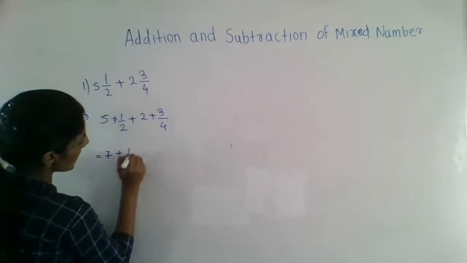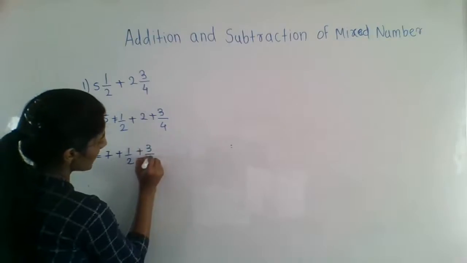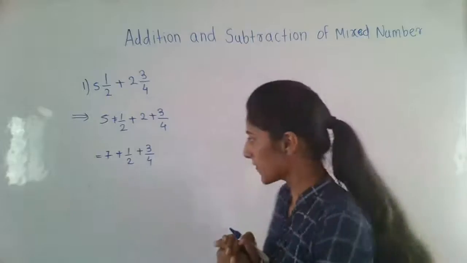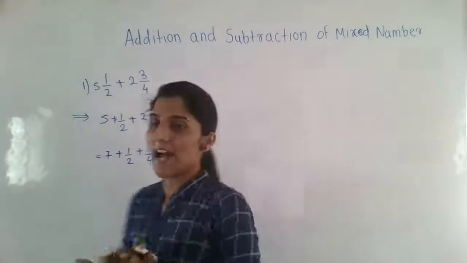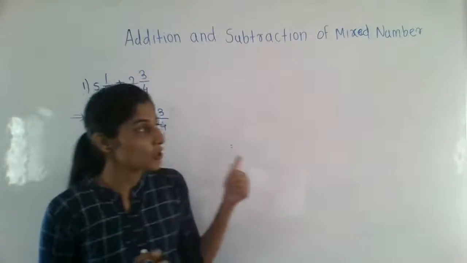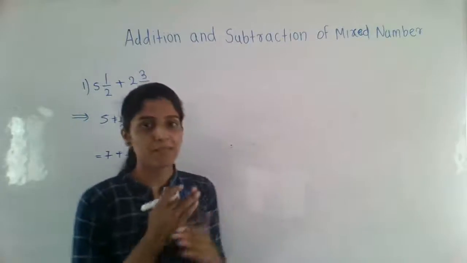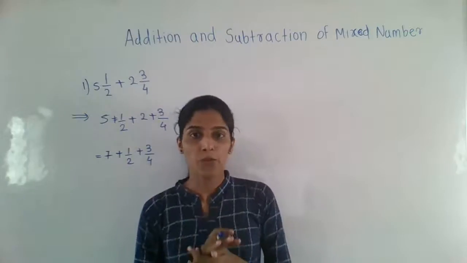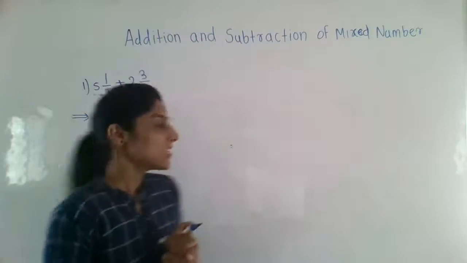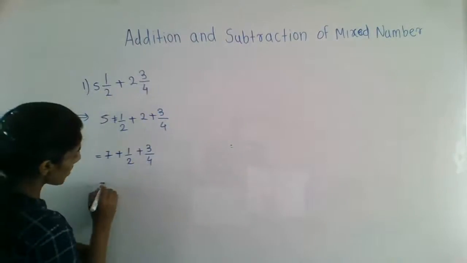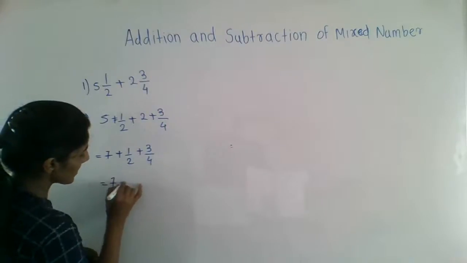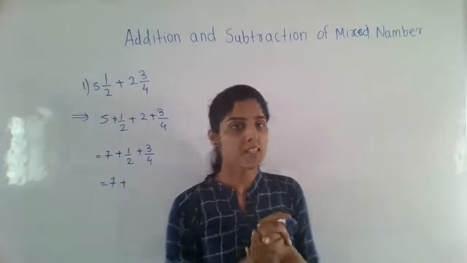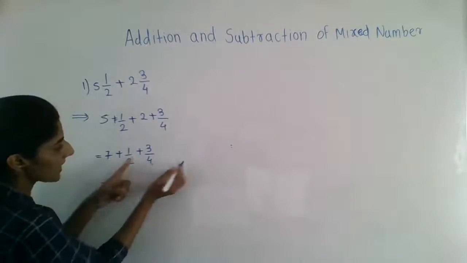And the remaining numbers are 1 by 2 plus 3 by 4. Now here we will add 1 by 2 plus 3 by 4. How can we add these numbers? We can add them by the two methods which I already taught: the first is cross multiplication, or making the denominator equal by multiplying the same numbers. Okay, see here, cross multiply the numbers. Suppose we take the cross multiplication here. It is very easy.